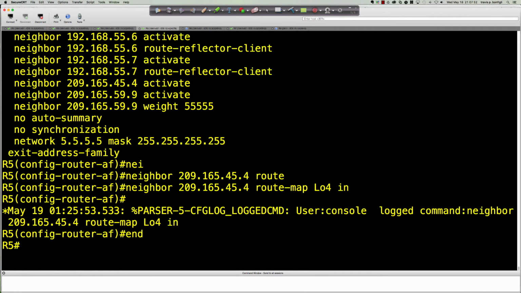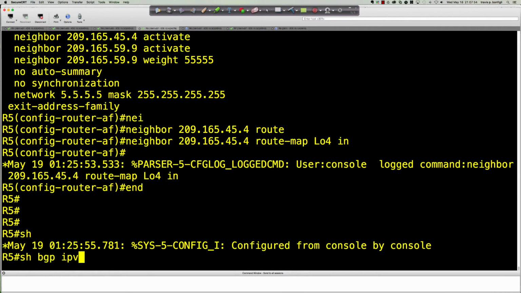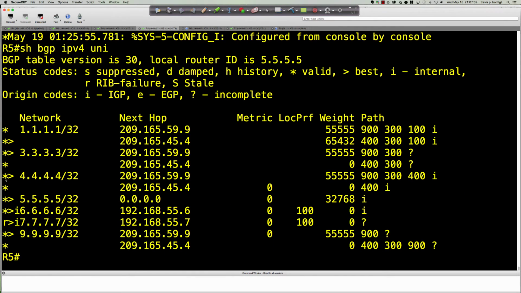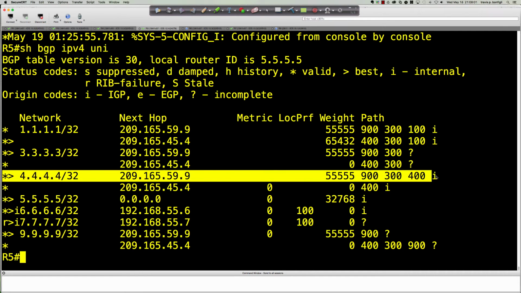So let's do one more look here. Show BGP IPv4 unicast. And 4.4.4.4, the valid and best path is through where? It's through AS900. It's through router 9. And why is that? Because the number one criteria in the BGP best path selection algorithm is the Cisco proprietary parameter, not a BGP